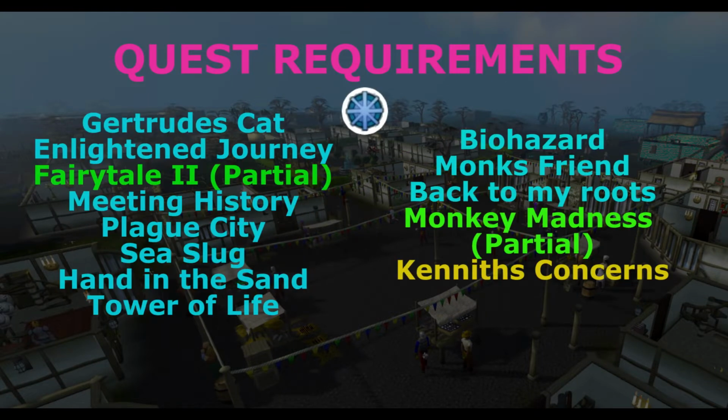There are a few quests that we need to complete this, and some of these quests will have initial requirements before completing them, so look into those as well. The quests are Enlightened Journey, partial completion of Fairy Tale 2, Meeting History, Plague City, Sea Slug, Hand in the Sand, Tower of Life, Biohazard, Monk's Friend, Back to My Roots, Gertrude's Cat, partial completion of Monkey Madness, and Kenneth's